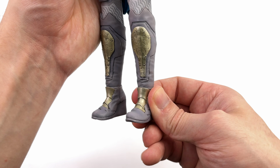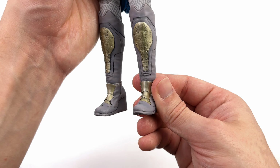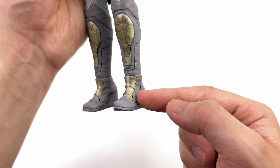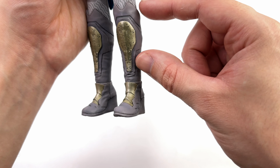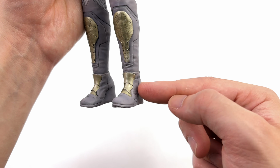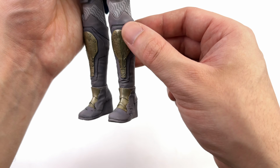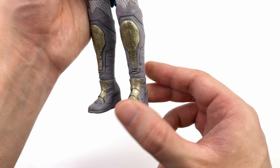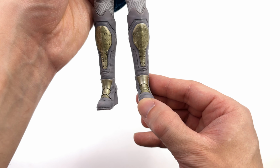Then down here for the boots, thank goodness, a split cut boot design. Although, weirdly enough, they've done it in the opposite way to how it's normally done. Usually this piece sits over the top of the under part of the boot. This time, the actual shoe goes over the top of this kind of guard piece. Not sure that works as well as doing it the other way, however, from the front, it looks nice